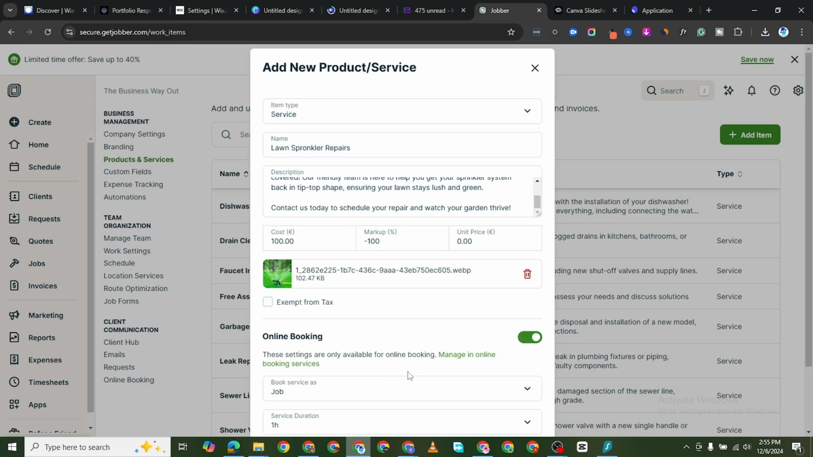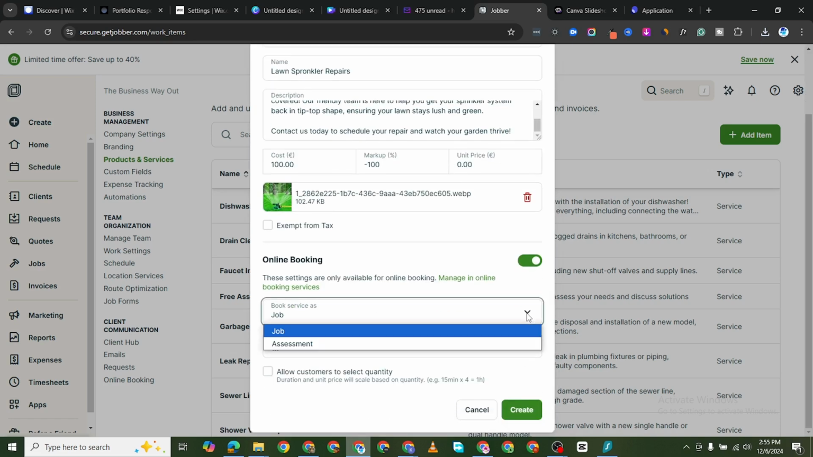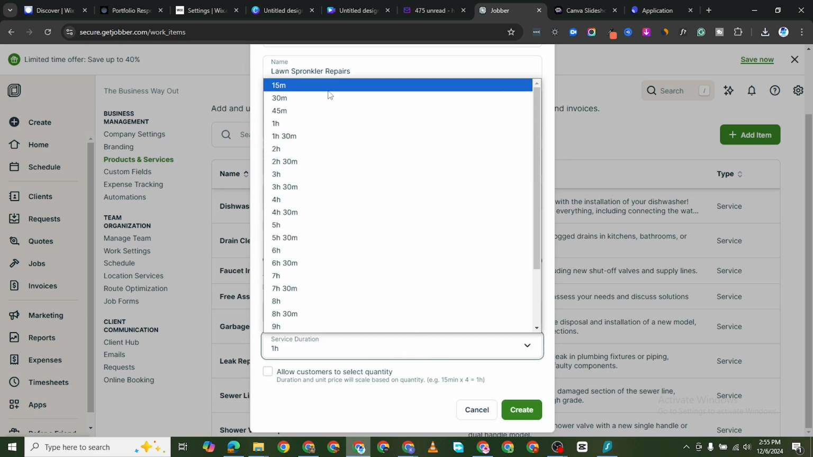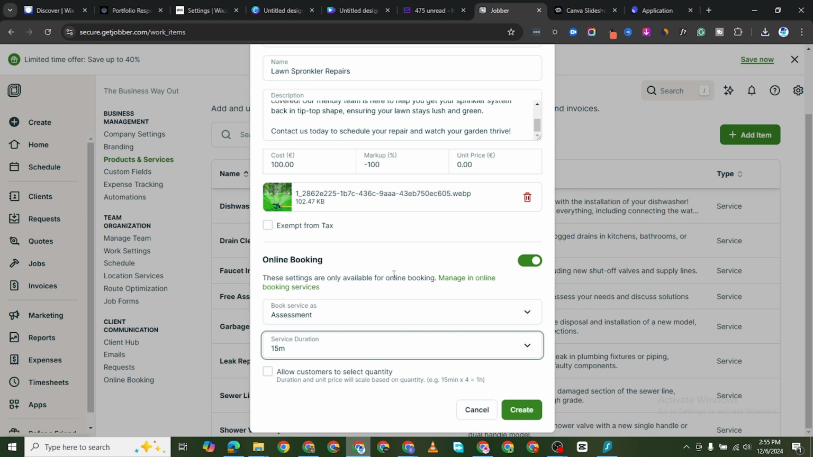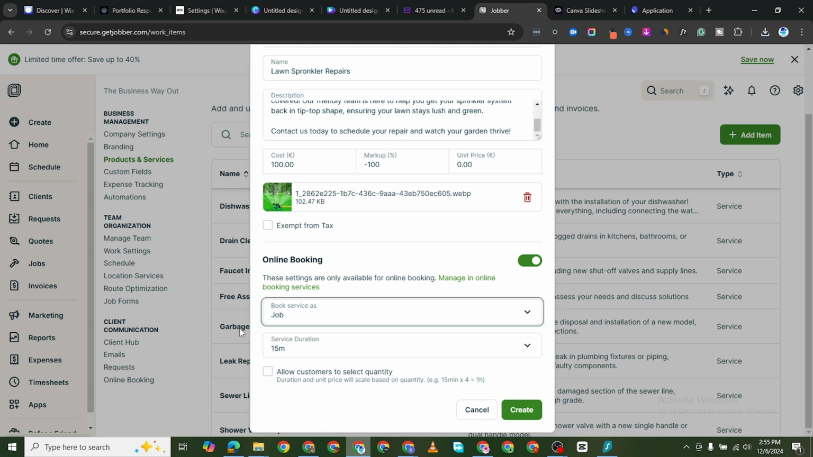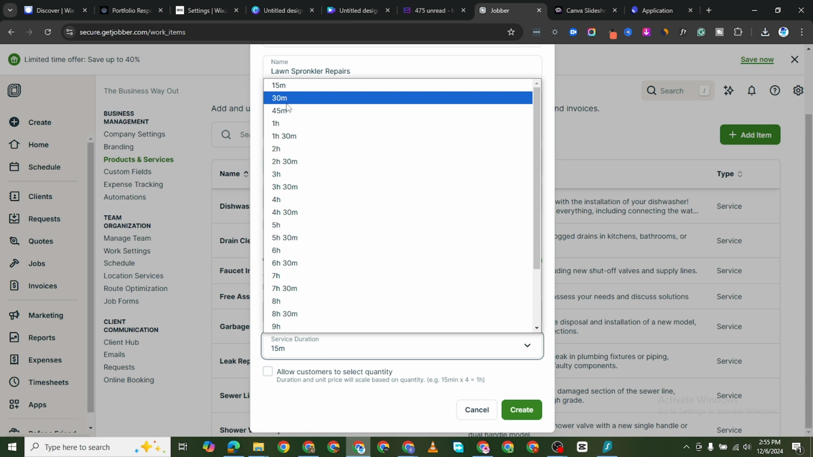Can it be booked online? If so, yes. And then the book service is going to be job, or you can book an assessment online. And what is the duration? Let's just say 15 minutes. So this person can book an assessment online, and it's going to be just 15 minutes, and it's going to cost this. But if the job itself can be booked online, then the job is going to cost $100. If it's just an assessment, I want to believe it's going to cost maybe $0, that's free, or maybe $10 just for assessment. But if it's the actual job, it could be let's say 30 minutes,